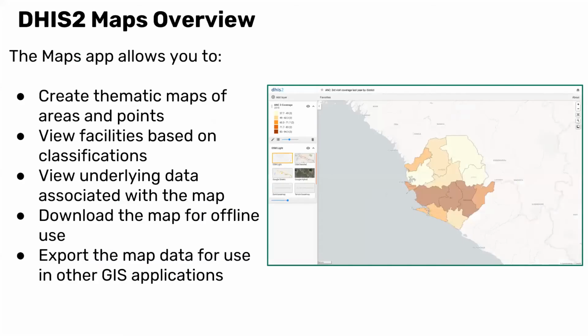Right, so in the DHIS2 maps application, we try to achieve certain functionalities. One is that we try to design thematic maps of areas and points. What we mean by thematic maps is something like what you're seeing here. For example, what you're seeing here is an extract from Sierra Leone, right? So if this is Sierra Leone and this is ocean, this is Sierra Leone, and in that country,